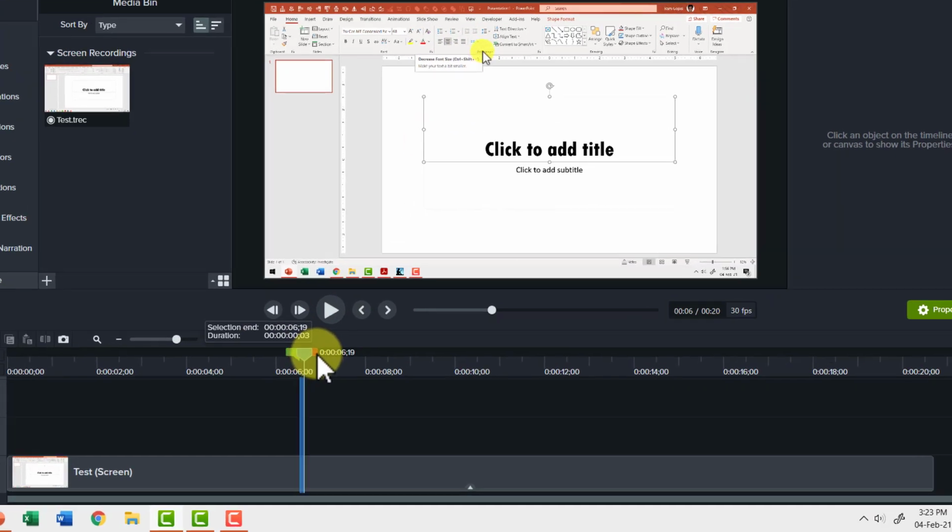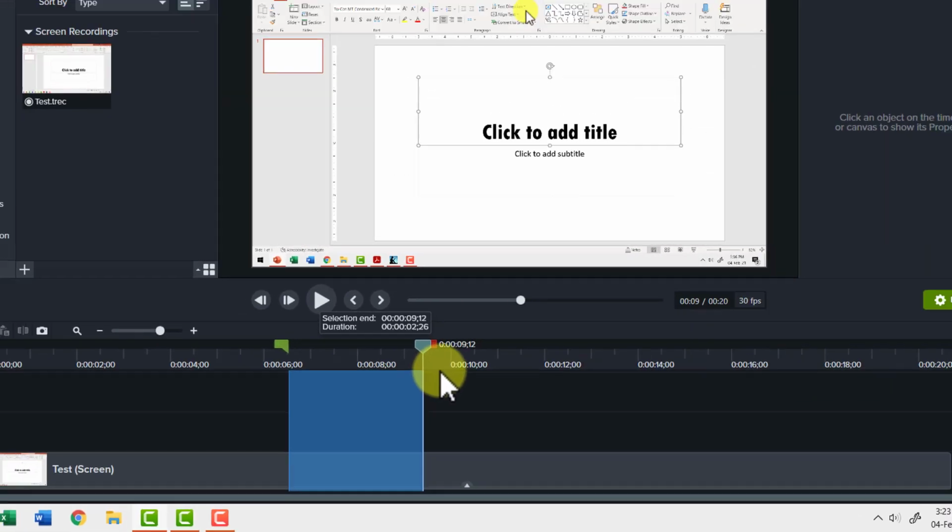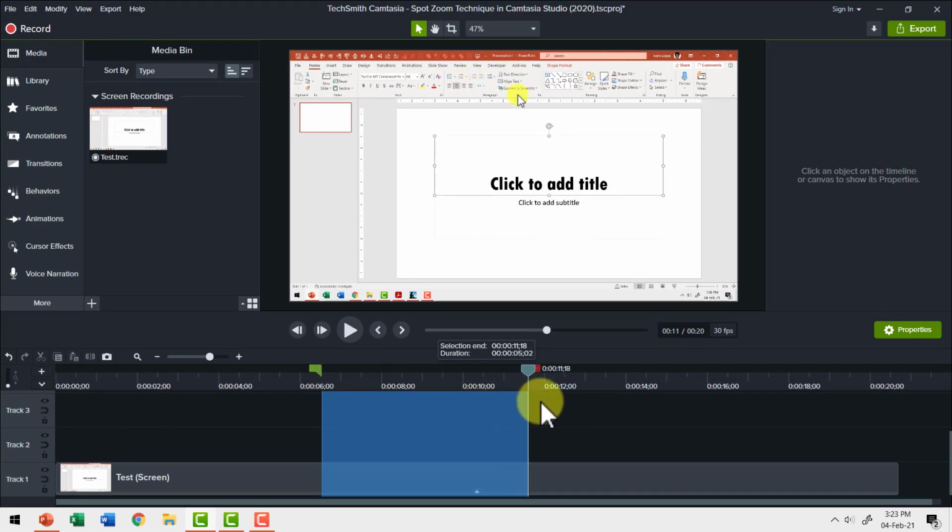And how far it continues, let me keep dragging this. You can see that my cursor is still explaining the second group. Now, just about this point, we have the explanation moving to the third group. So this is the portion where we explained the second group. So we need this part of the screen to be zoomed in. So step 1 is finished. That is, we decided which part of the screen capture needs to be zoomed in.